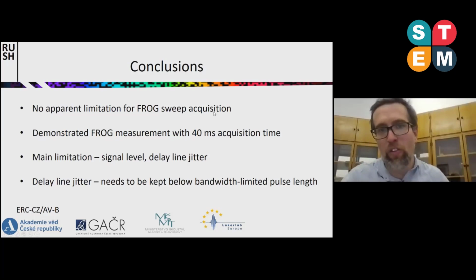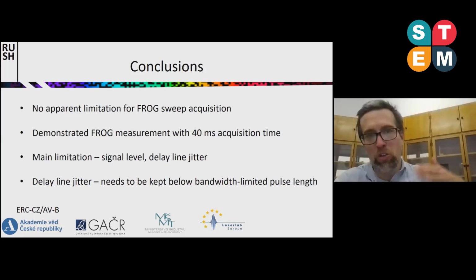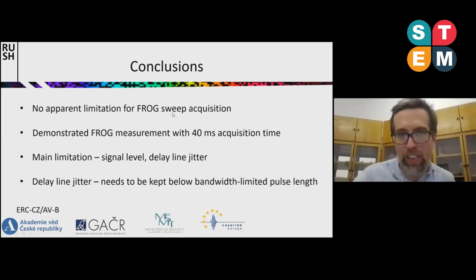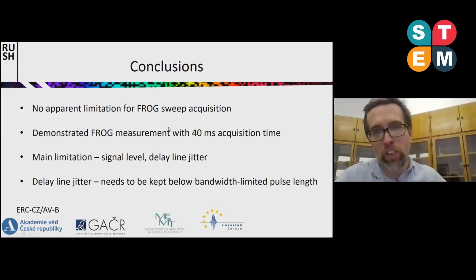This is a measurement mode where we let the delay line continuously move, and we measure our FROG traces in between. Based on that, we were able to measure one FROG trace within 40 millisecond acquisition time.